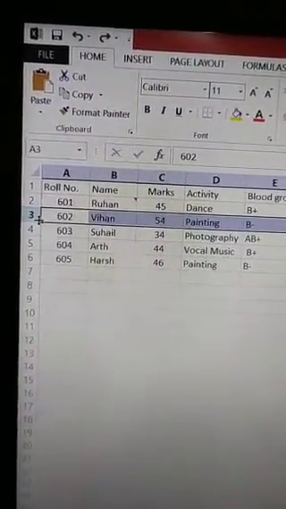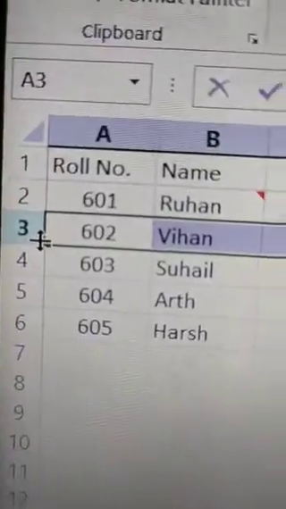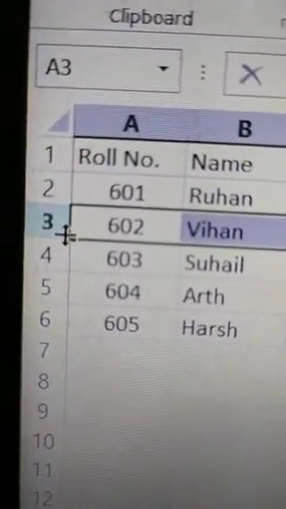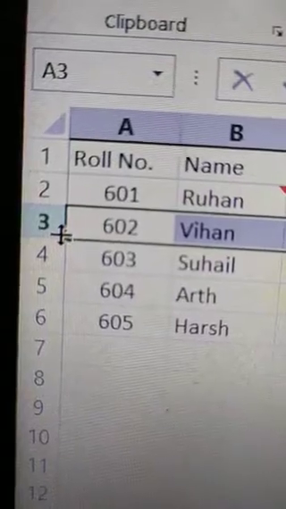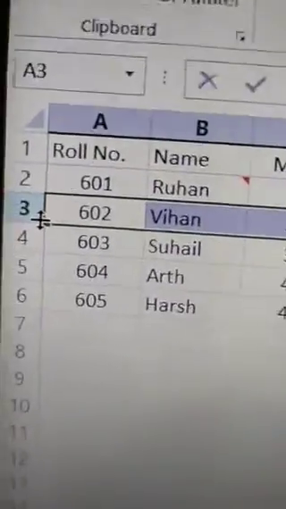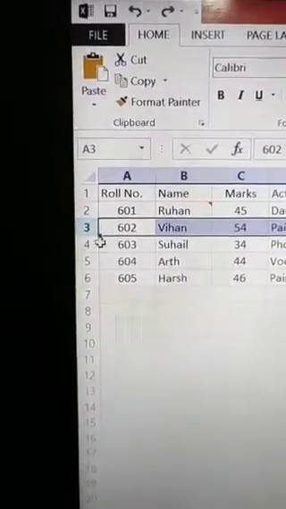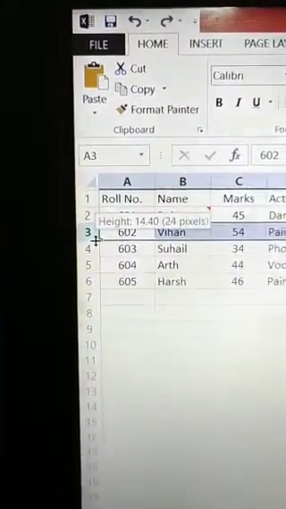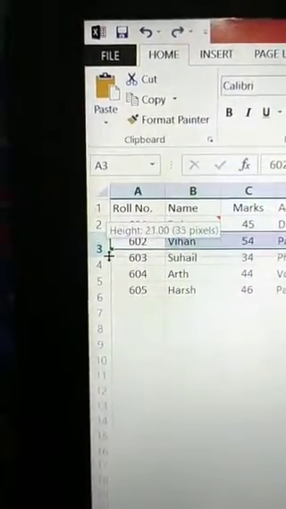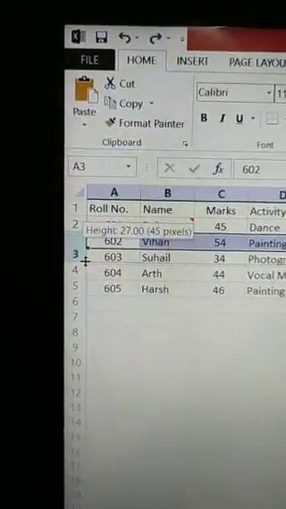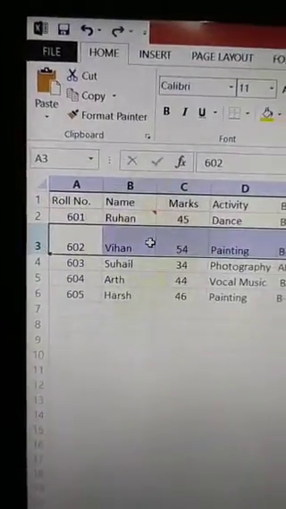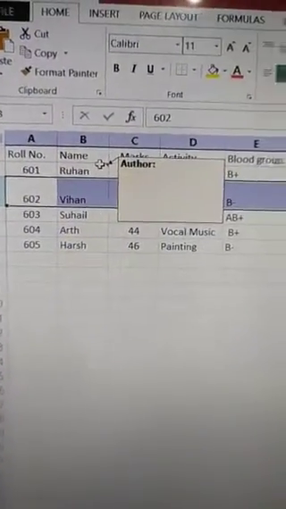This type of sign will appear, a plus sign with two arrows, up and down. Press on this and hold it and drag down, and you will see that the row height has been changed.